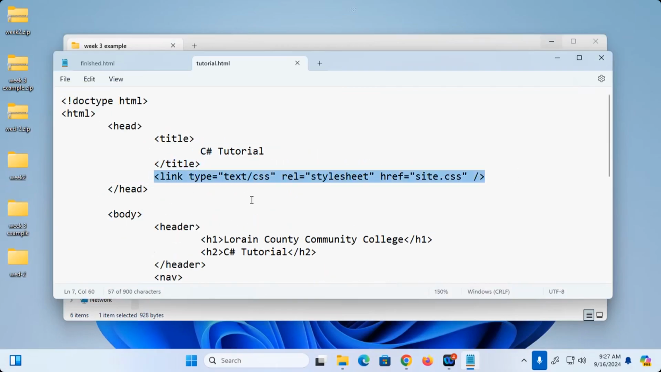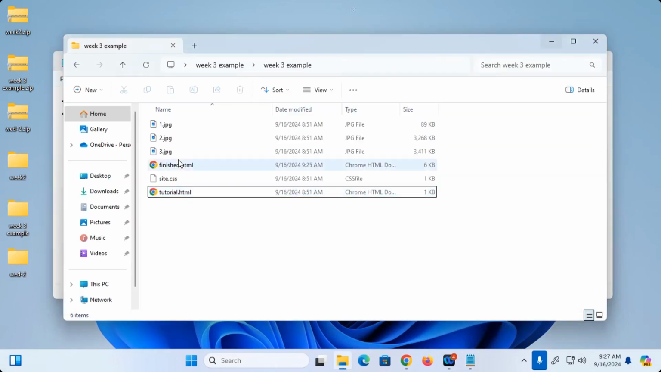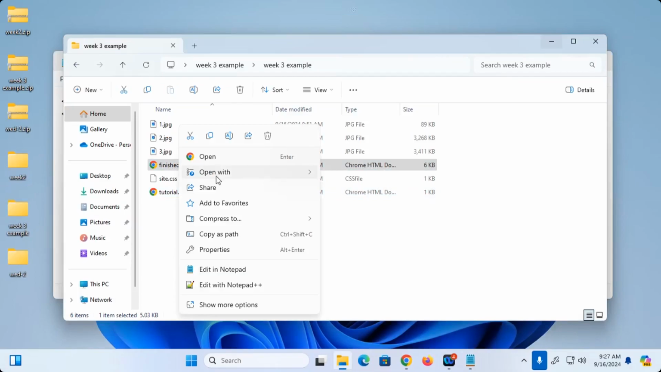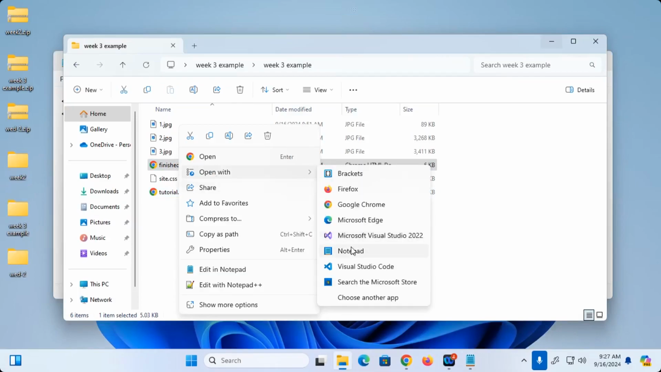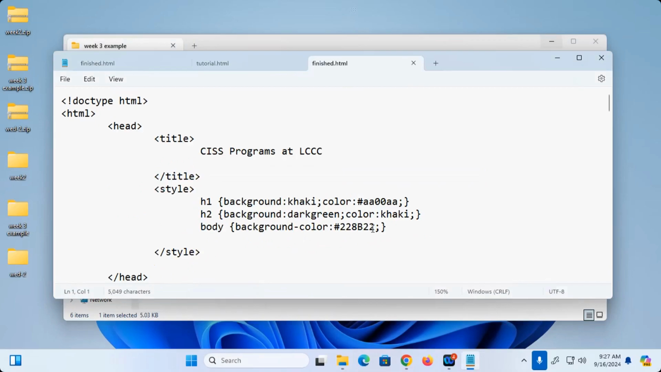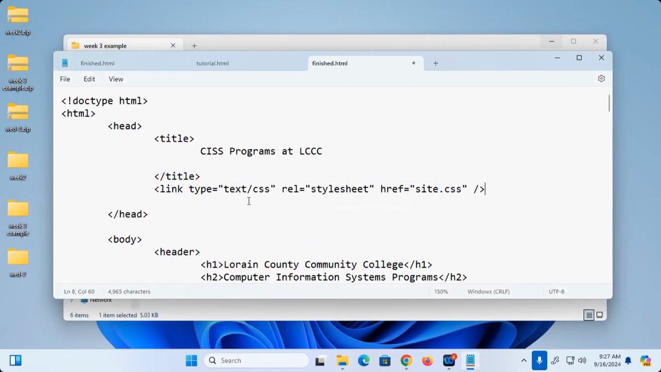And this is the line that does that. Again, the assumption here is that everything is in the same directory. Because if it's in the same directory, all I have to do is put in this line and it links to it. Now, this is a different kind of link than a link that you click on and go to another web page. This is a link to an external style sheet,